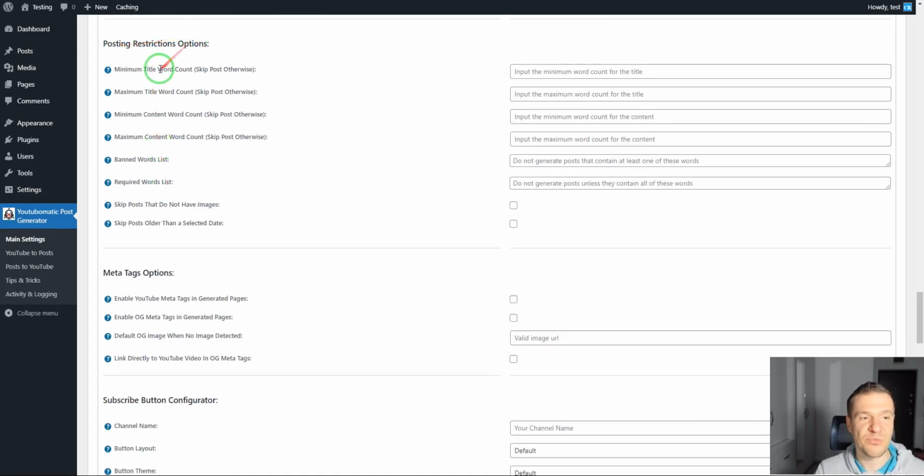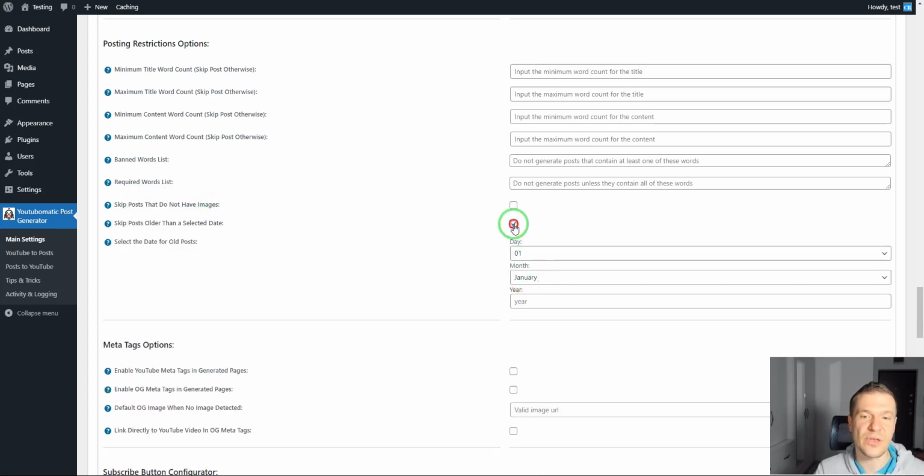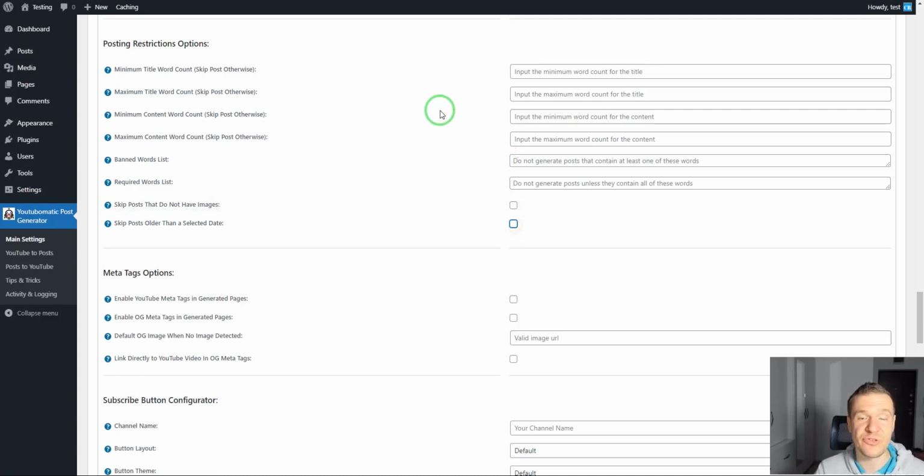And posting restrictions: minimum title word count, maximum title word count, minimum content word count, maximum content word count, ban word list, required word list, skip posts that do not have images, and skip posts older than this date. So these are global posting restrictions. These will apply to all rules. You can set minimum title word count, maximum, and so on. But keep in mind, if you set restrictions here that are too tight, then nothing will be published on your